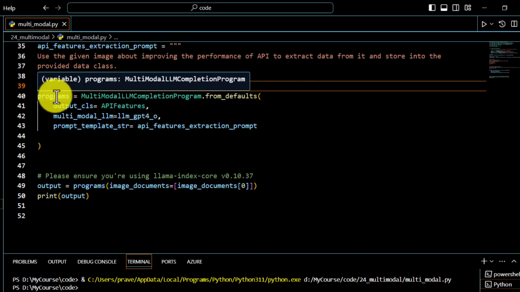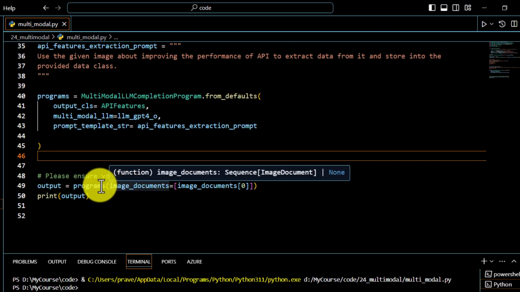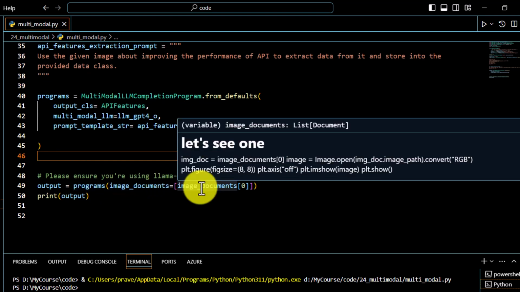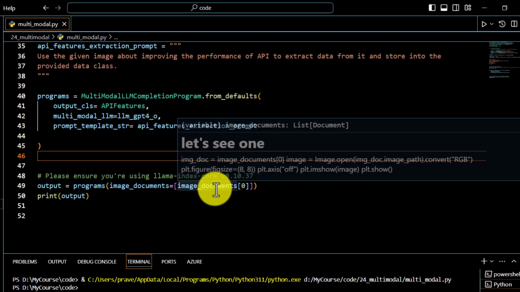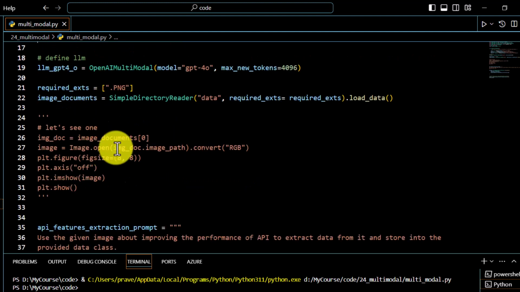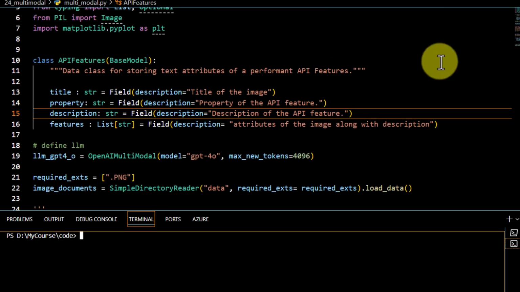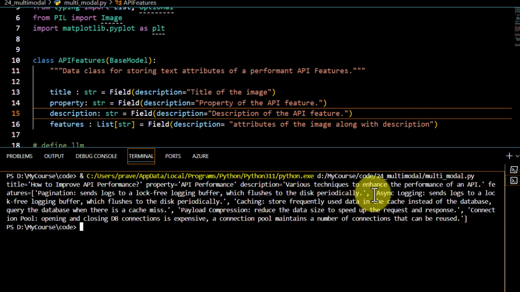So this program which we have invoked from here, we can just go ahead and run it. I am just passing the image documents under it because we do have only one image as of now. We can just pass our image documents like this, what we have mentioned over here, and this 0th is talking about the first image in the image document. So let me try to run this code now, and you can see we have got this output where